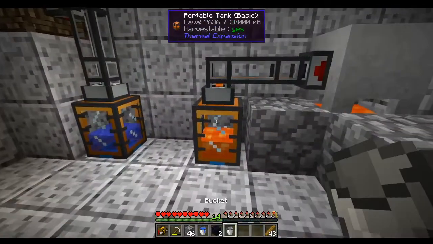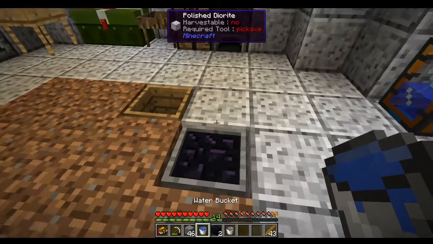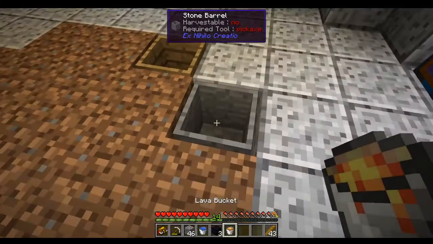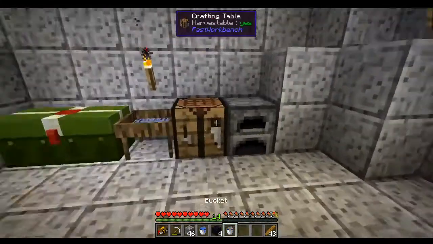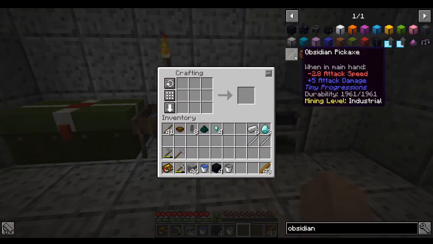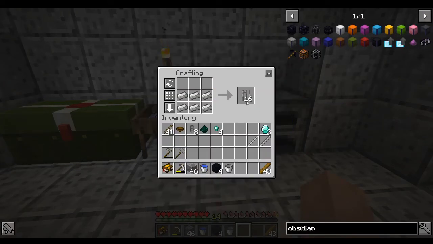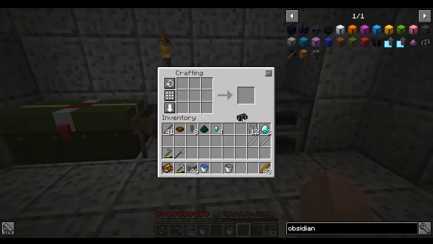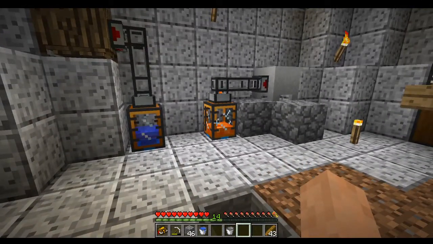So let's go ahead and we'll just keep making our obsidian here. And there's 3. Give me the lava. Here we go. And there's 4. And so what we can do with that is we can make 1, and I'll make 1 for you guys, and then, oh, we're missing the iron bars. There we go. Iron bars. And we have a reinforced obsidian ingot. So now we just need to get 2 more of those, and that's really just waiting on the lava to produce. So I'll come back to you when I...